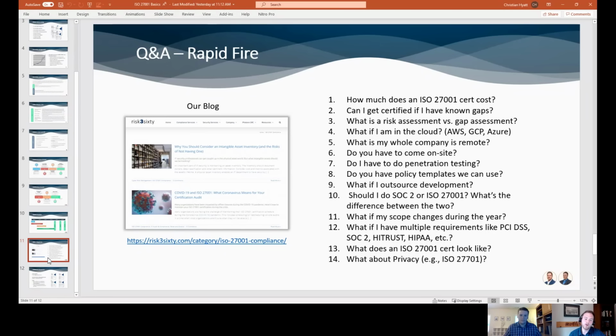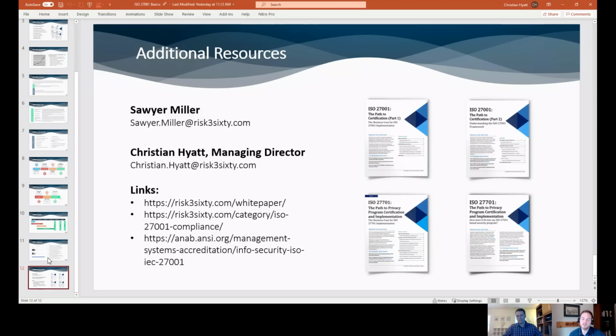One is our blog. You can go there and click on the ISO 27001 category. We write blogs every single week that answer specific questions about ISO 27001 and other security and compliance topics that get really deep. The other place that you can go is our white papers. We have detailed framework breakouts for 27001. So if you're trying to make a business case internally and want to know why ISO is valuable, we have that. If you want to know about the framework in some human readable format, like I talked about earlier, we have a part 2, and we also have part 3. So those white papers talk about the certification process in detail.